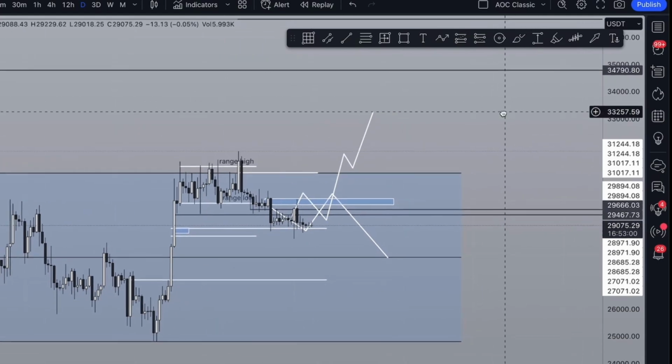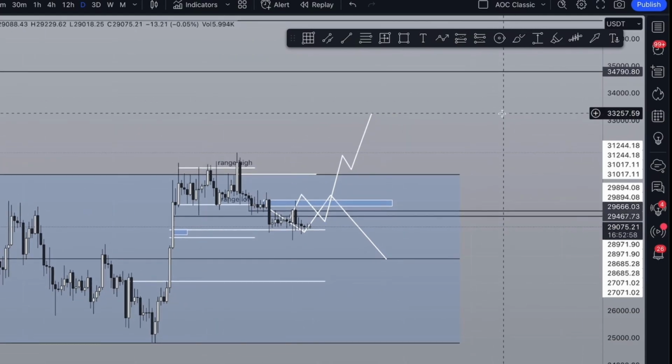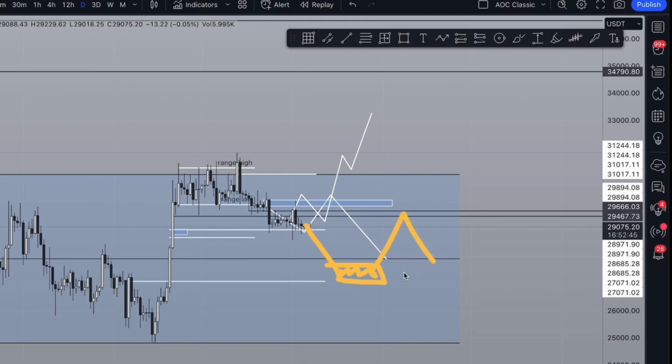The only thing is, is it going to happen before the end of summer? Highly unlikely, just because we have about 30 days before the end of summer. It's probably just going to take 3 weeks just to get here. Maybe another couple weeks of consolidation just to build up a range before you get the initial initiation, and then